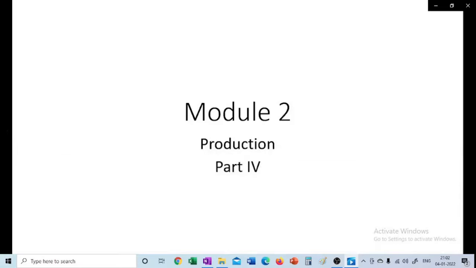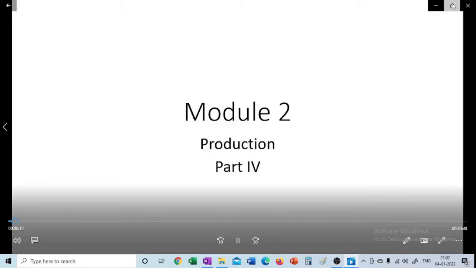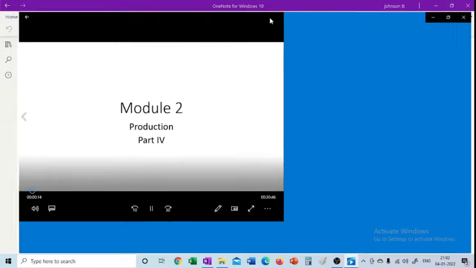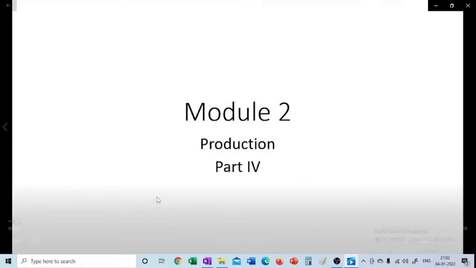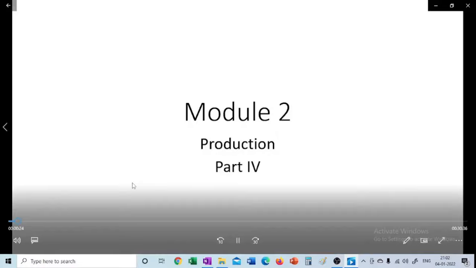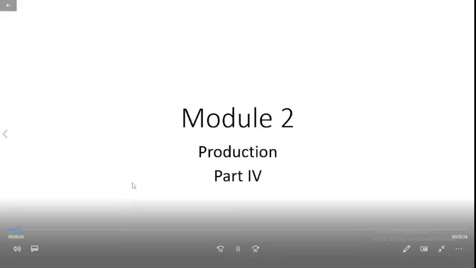This is Module 2, Production Part 4. So today we will discuss technical progress and its implications. That means how technical progress will affect the requirement of labor and capital. So that we can represent with the help of isoquants and different types of technical progress, that is labor augmenting, capital augmenting, neutral, etc. Then next we will discuss